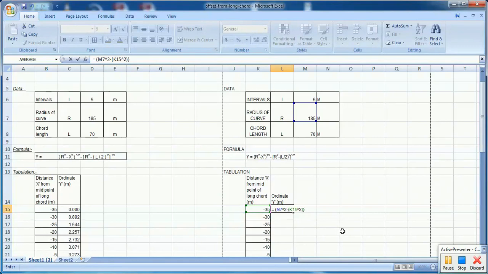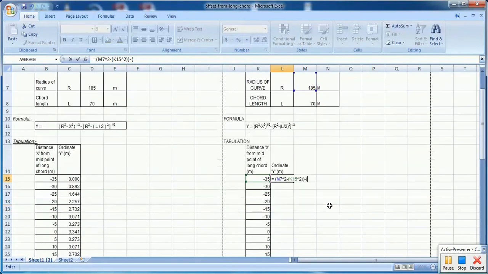Minus, again put double bracket, first I'll write r square again 185